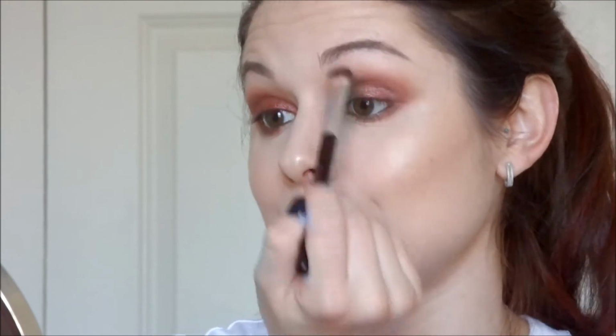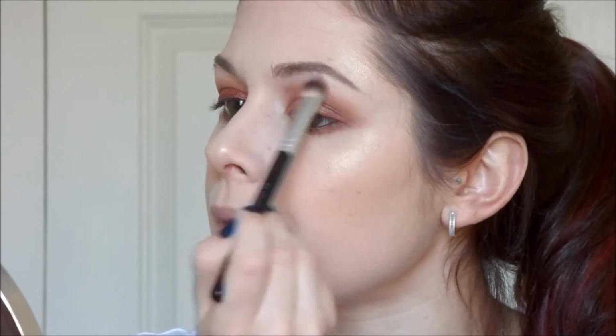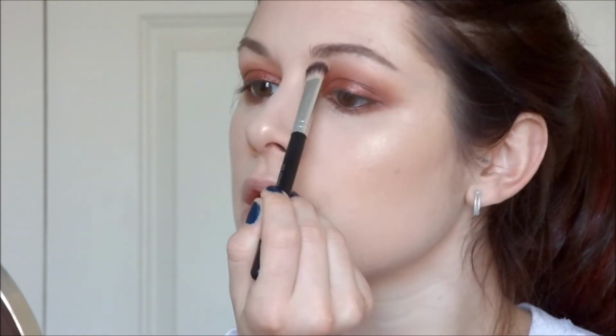Okay, so let's finish the eyes. I need to highlight my brow bone. Let's do it. I am going to use this big fluffy brush right here, and I am going to use this white color in the Kat Von D palette and highlight the brow bone. Because let's be honest, that color just went up and up and up. So we need to blend this out a little bit, bring some brow bone back. Yes,